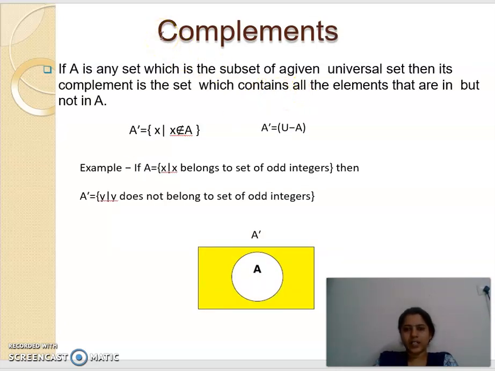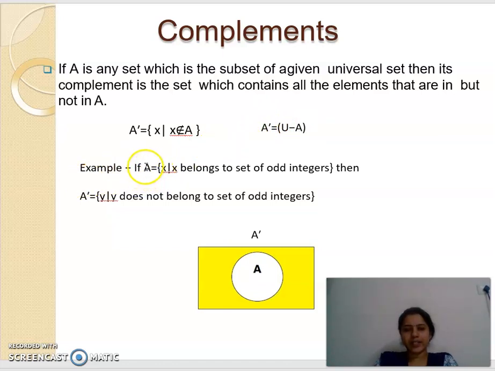And next operation is complement. Here complement is applied on a single set. For example, if we take some set A, then A complement means not. The elements which are in the universal set but not in the given set are called the complement of the given set.